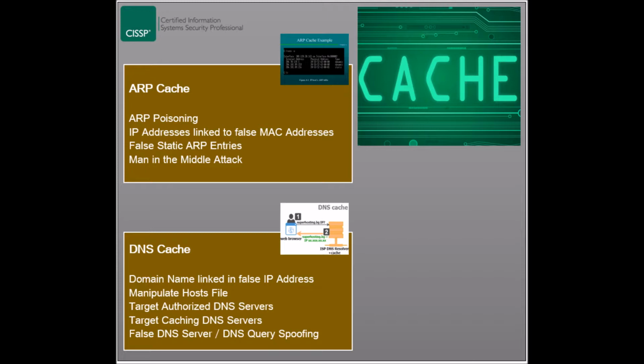Since this is not an easy attack and it gets detected quickly, attackers might try a third form of DNS poisoning by targeting the caching DNS servers, which are usually provided by the local ISP or by the organization internally. These servers provide the same services as the authorized DNS servers, however attacking them won't be detected by the worldwide